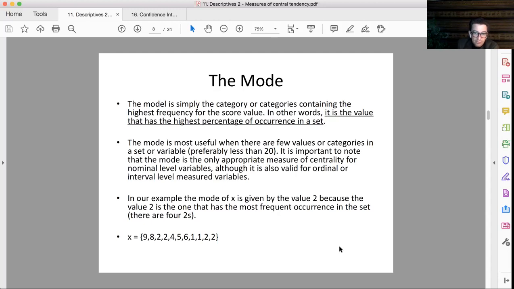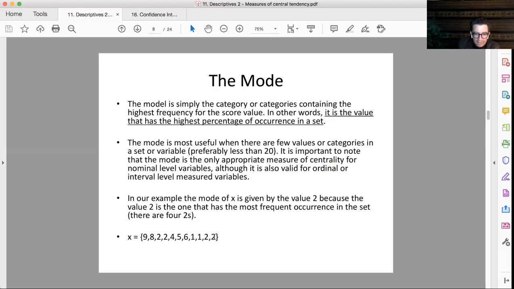The mode is useful when you have very few values, but not so much when you have a lot of values. But anyway, some people use it, and we should just talk about it for a little bit. So in our example, the mode is 2,